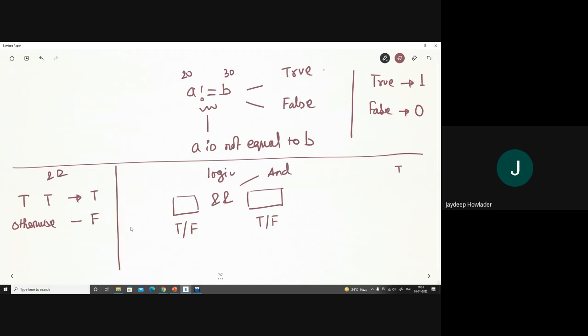Similarly, the OR operation, which is a vertical double bar, if both sides are false, then we get a false, otherwise we get a true. Now the logic operation takes a left hand side argument as true or false, and the right hand side argument is also true or false.